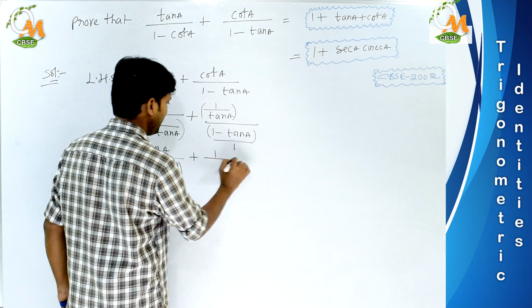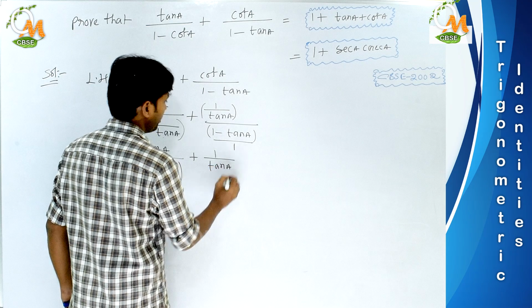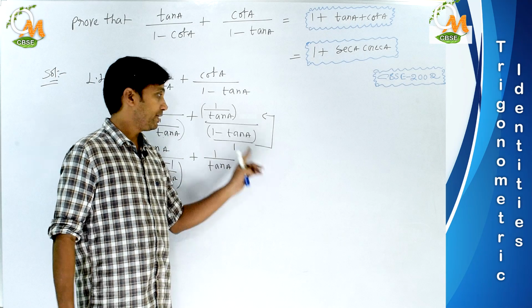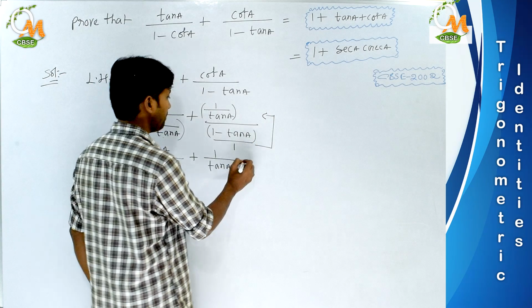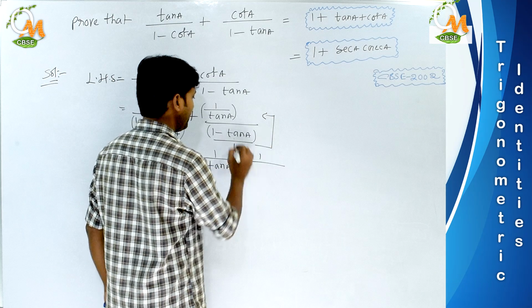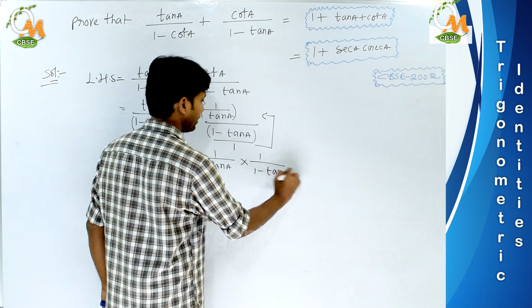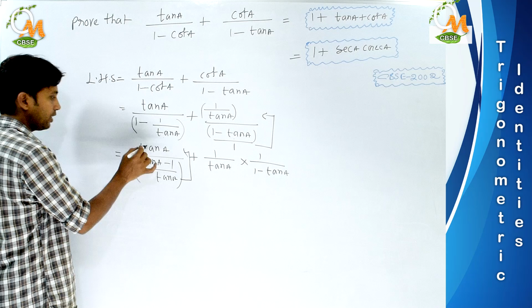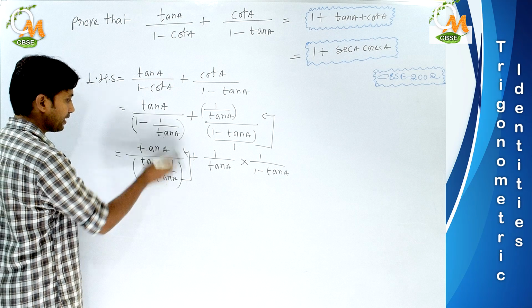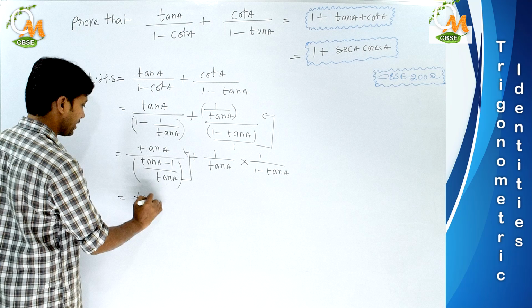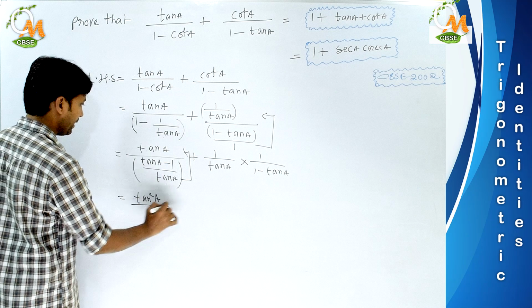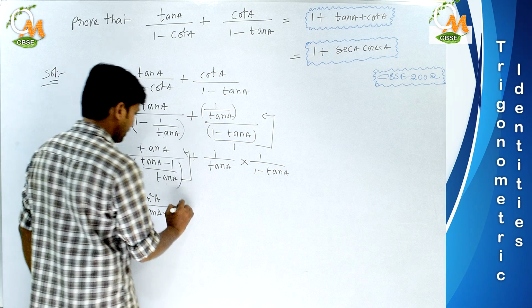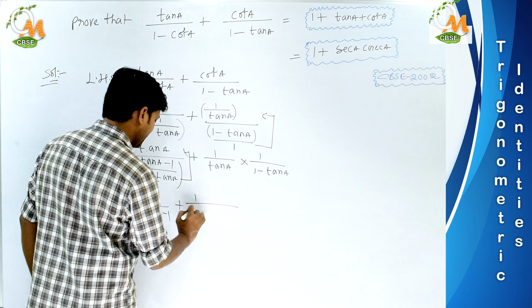Now this is 1 by tan A into this denominator fraction; the fraction in the denominator will be inverted. Then what will happen? Here 1 by 1 minus tan A. Now just see, here also this fraction gets inverted. Now tan A will be multiplied with tan A after inverting that. So it becomes tan square A, or not? Tan A into tan A by tan A minus 1. And here plus 1 by tan A into